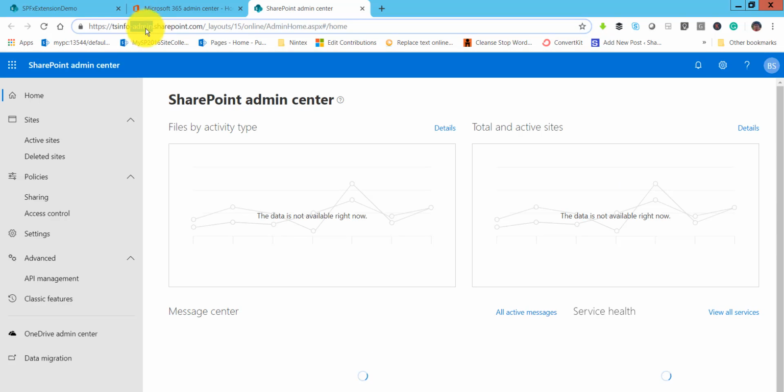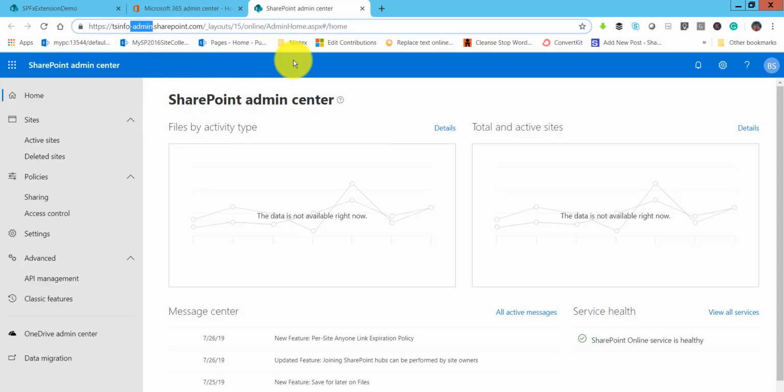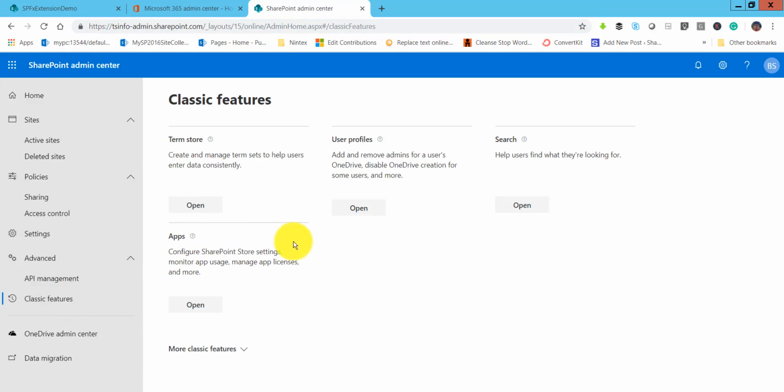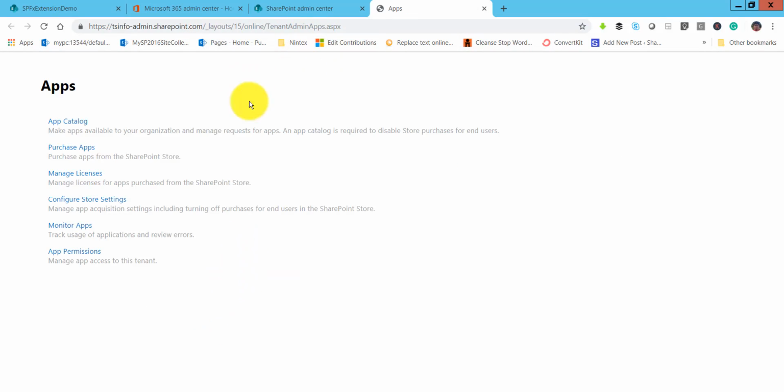So here you'll see this is our modern SharePoint admin center, and this app catalog thing you will get in the classic feature. So click on this classic feature, and then you can see apps is there. Click on open, and this will open the classic look and feel, and this is the app